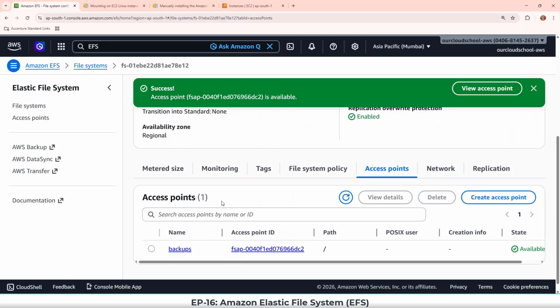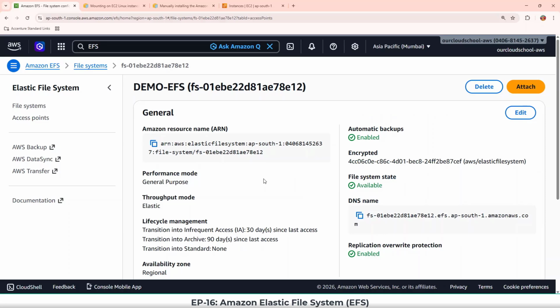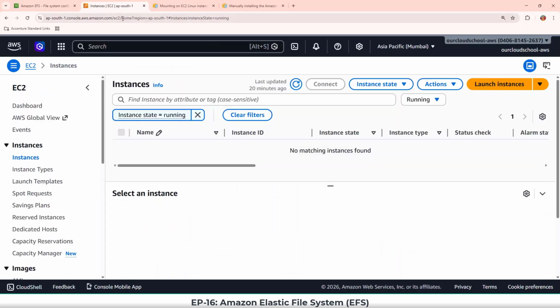I'll show you both ways to connect: through the access point as well as through root level access. Now to connect to these, first of all, I need to have a machine. So I'll go to EC2 instance. Let's go to the EC2 instance here. Launch an EC2